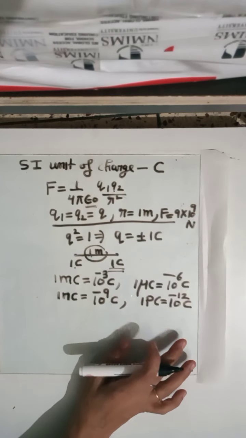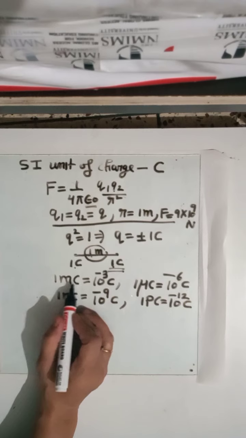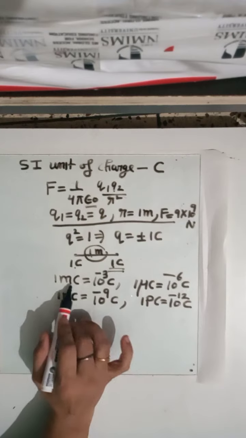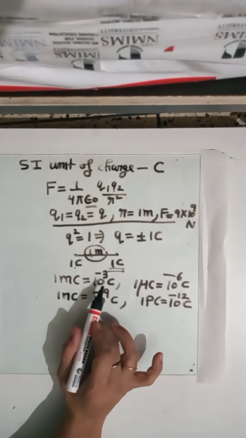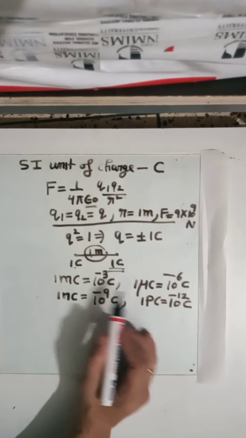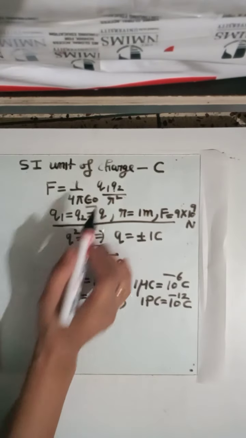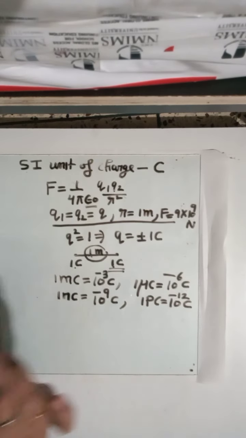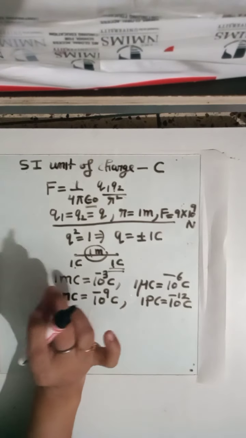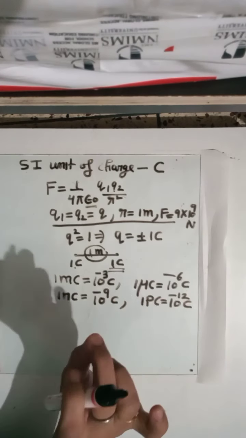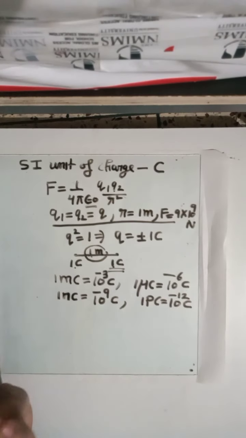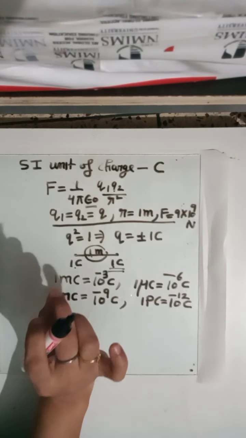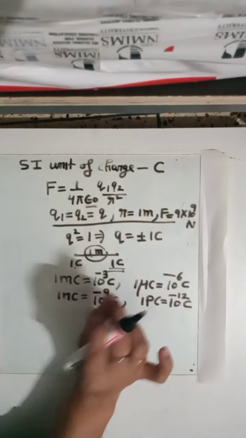In the examination, the values of the charges were given, but in different units. First, we have to convert these units into SI units and then substitute the value of the charges in the particular formula to obtain the result. Conversion of unit is very, very important. Each student knows the formula, but by substituting the wrong value of charges, that means not in the same units, the answer becomes wrong. So this fact must be noted.